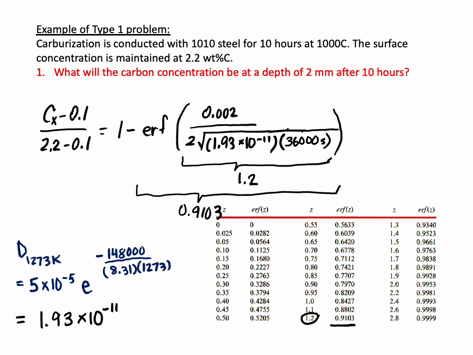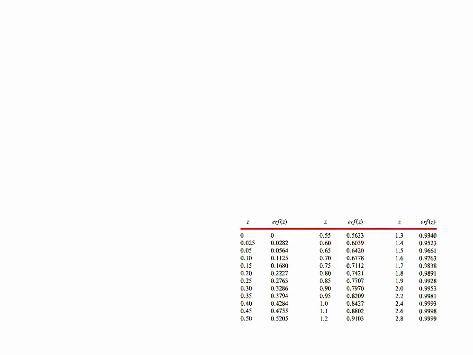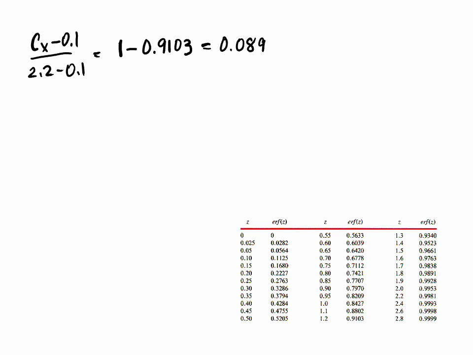Okay, I got a blank page to work with here, so I'll continue. What I have now is C sub x minus 0.1 over 2.2 minus 0.1 is equal to 1 minus 0.9103, which is 0.0897. So I take this denominator and multiply it by 0.0897, and I have that C sub x minus 0.1 is equal to,